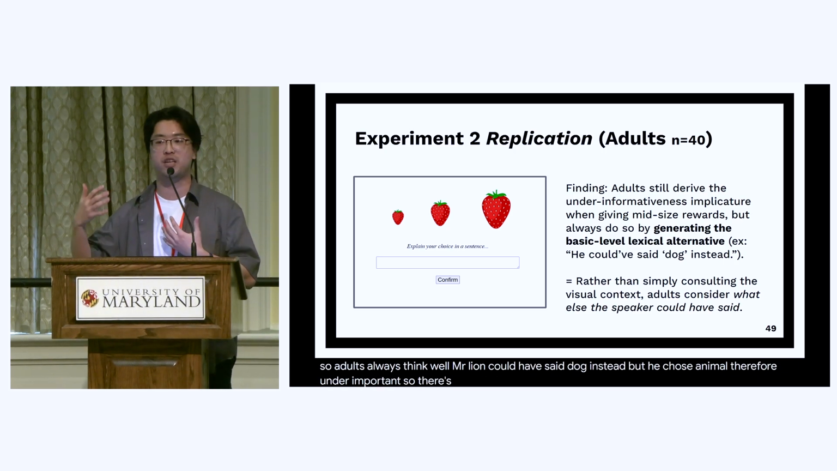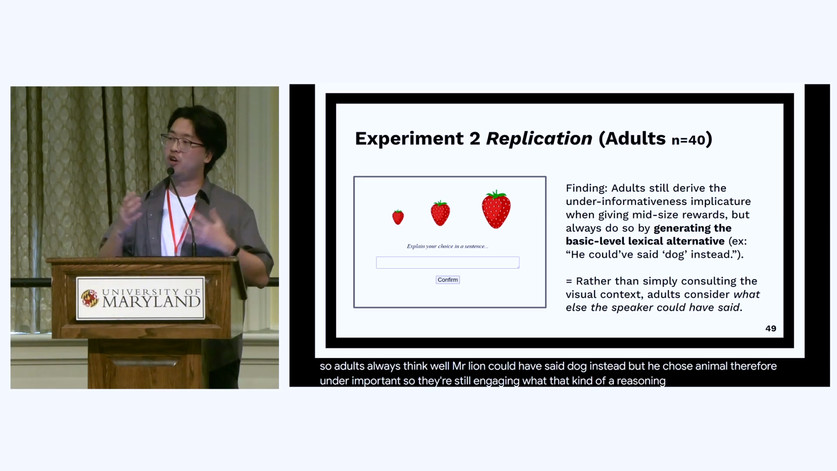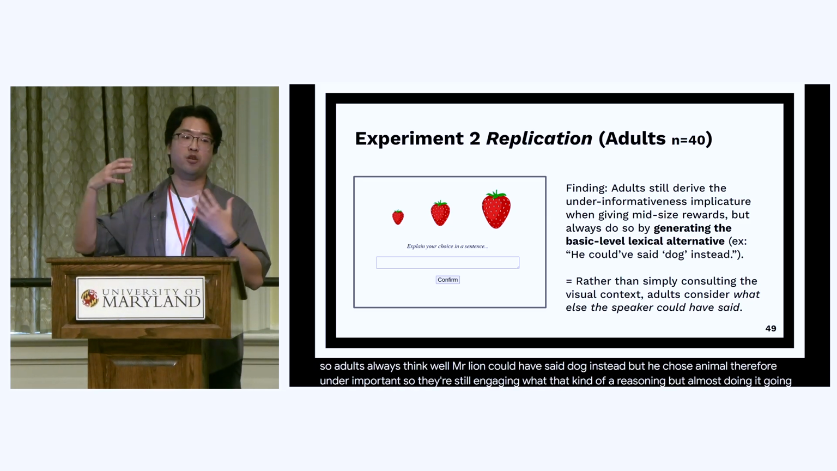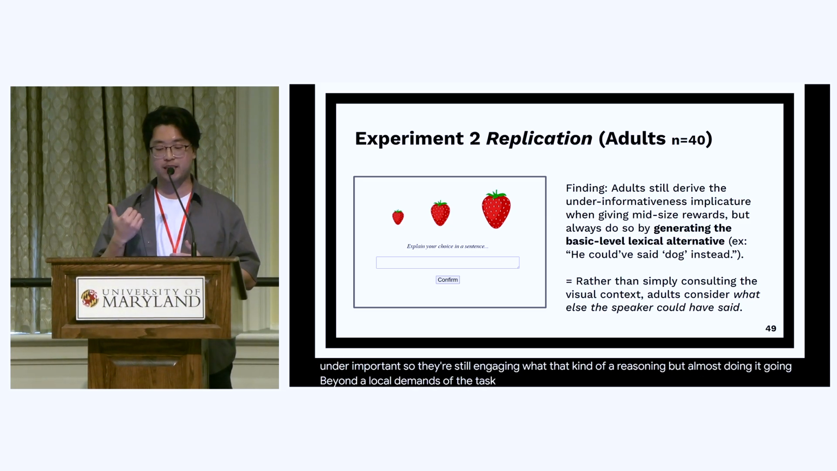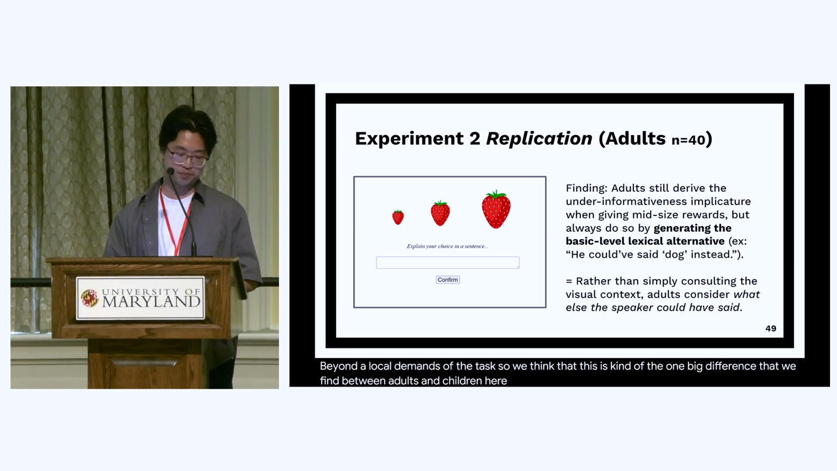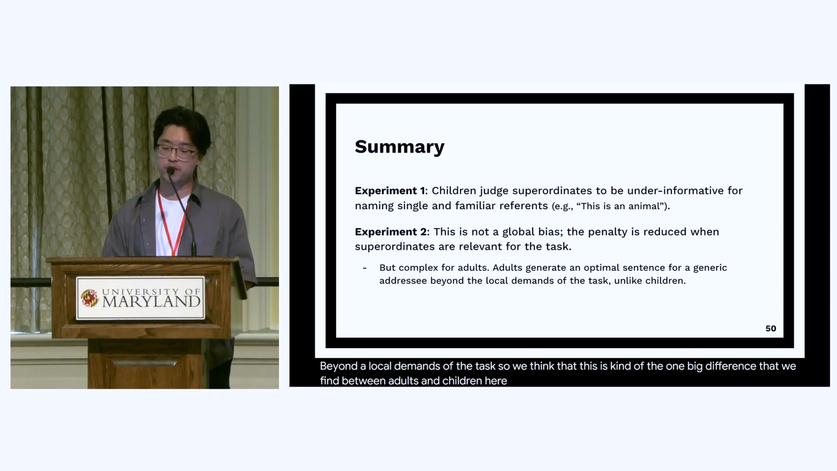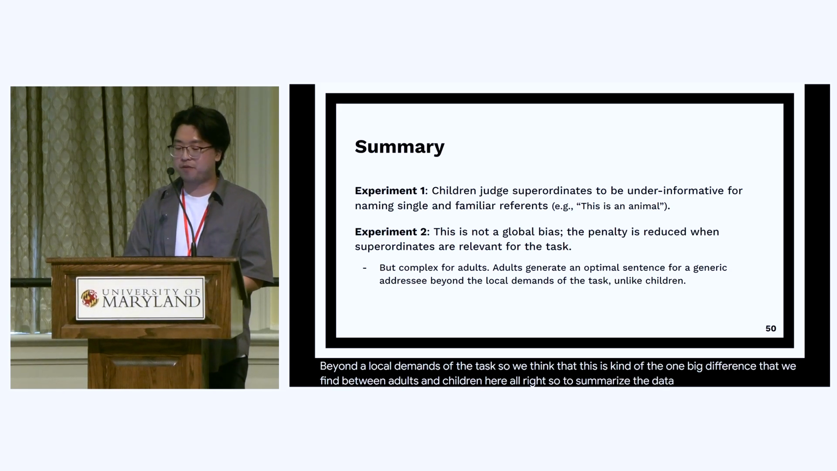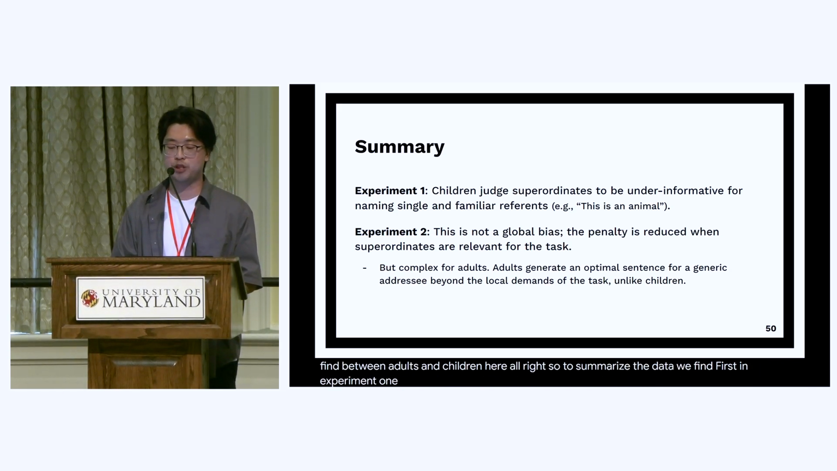So they're still engaging with that kind of reasoning, but almost doing it unprompted, going beyond the local demands of the task. So we think that this is the one big difference that we find between adults and children here. All right, so to summarize the data, we find first in experiment 1 that children can judge